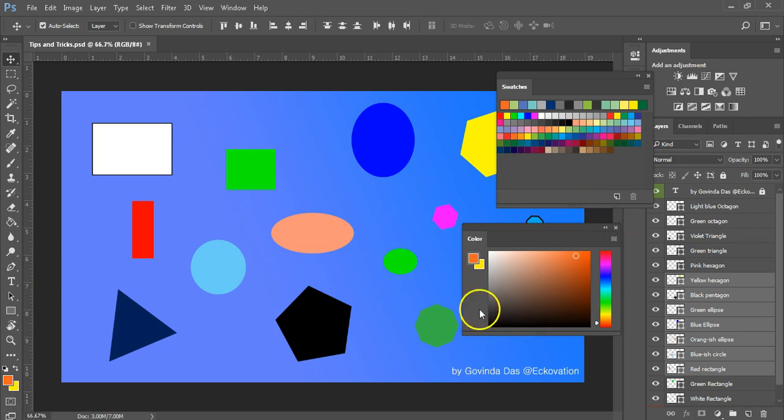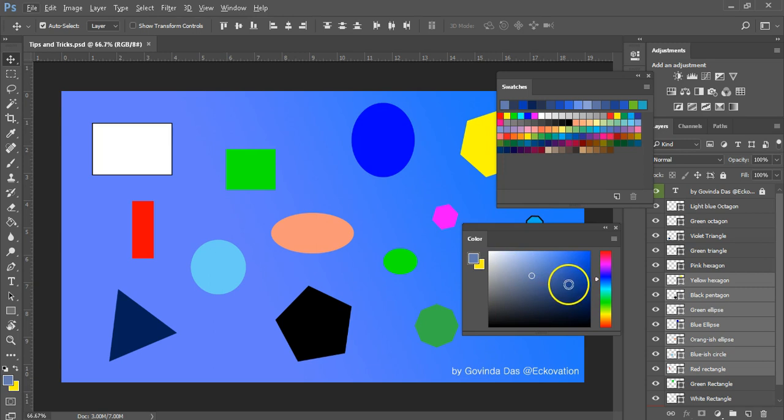Let's look at the color panel. I have already shown you the two squares that look similar to the foreground and background color squares. Well, these two and those two are the same, foreground and background colors. You can choose a color and you will see change in both the sets of squares. Now, there is a large color area in the color panel and a vertical bar with a spectrum of colors. You can choose your desired color from the vertical spectrum and then fine tune the shade as per your liking from the middle part of the color panel. This middle part is called the hue cube.